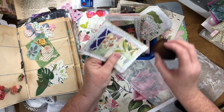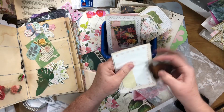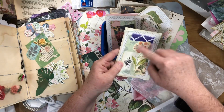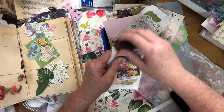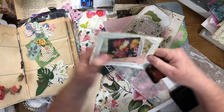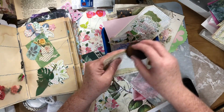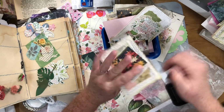This book page is just really white, so I just kind of tone it down a little bit. And this is just book page folded in half with collage papers on the back and the front. And I just added that little image. It's got a little fabric on there too. This one has got fabric behind it. That's an image from a magazine or a book, and collaging on the back. I don't want to grunge up stuff too much for this journal because it's real pretty and bright, pretty colors,